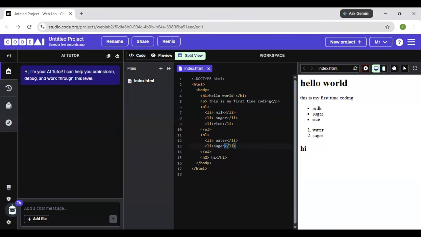Well, yes, you can, but you do it with CSS, not in your HTML file. Oh, okay. Thank you, sir.